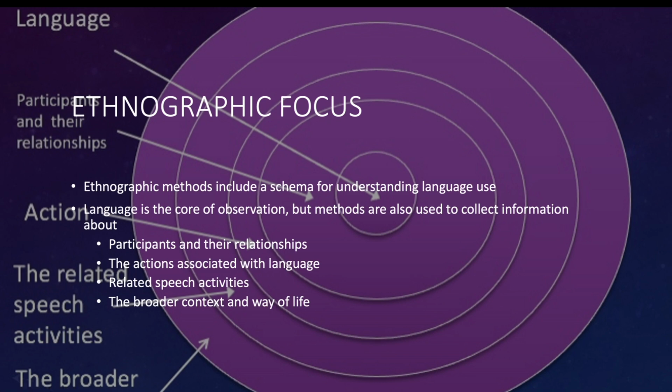And so the ethnography of speech really gives us the schema or model for the data that we're going to collect. So there's going to be a model where language is at the center, and in these concentric circles outwards, you have the participants and their relationships to one another, the people that are using this language, that are using this speech, that are using these words. You have the broader activities and actions that they're engaged with. What is it that they're actually doing in their life? And this is situated more broadly in a context. We can call that a cultural context, right? A particular way of life.